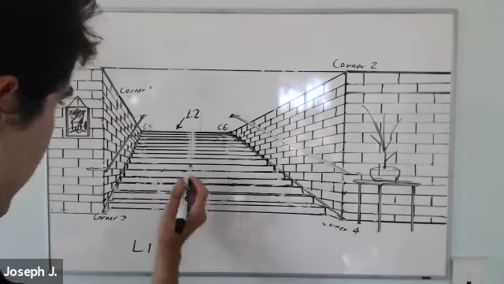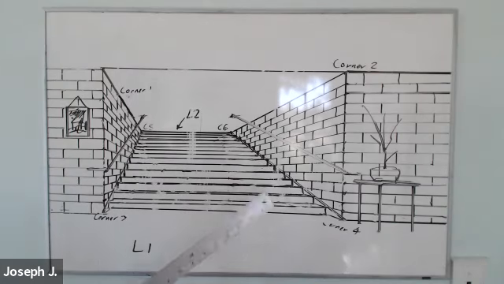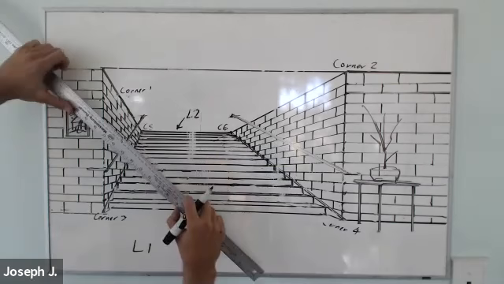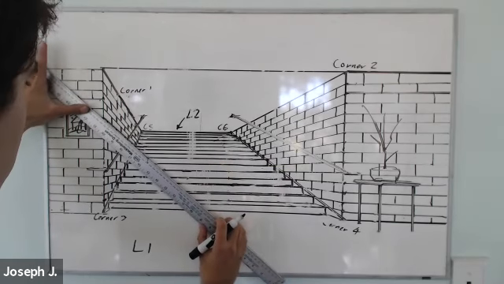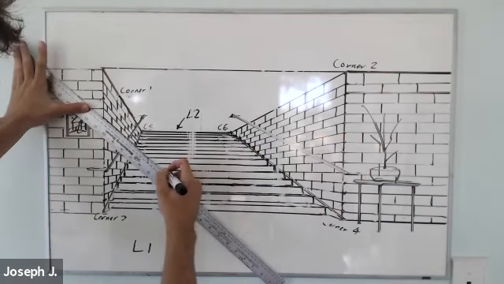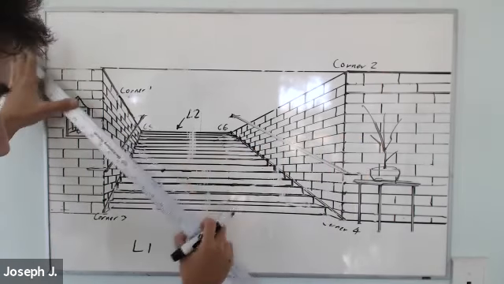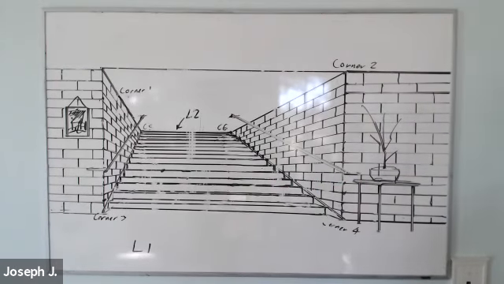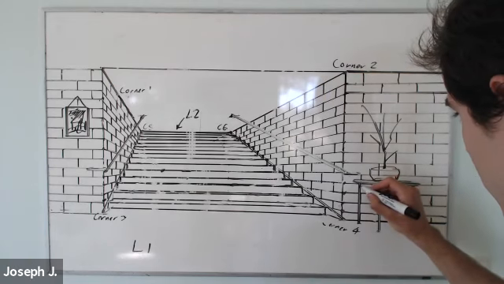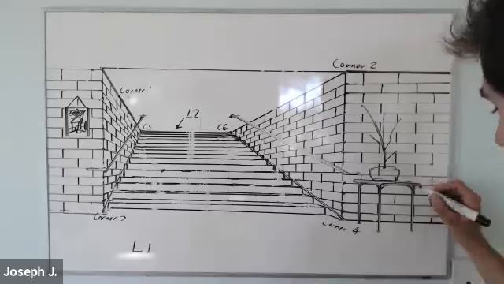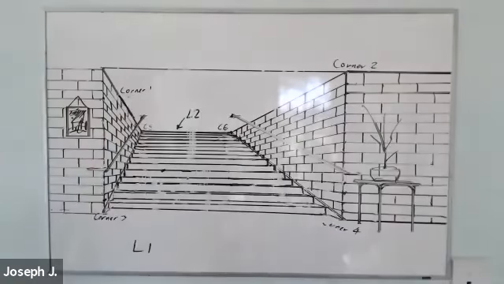And I've kind of lost my vanishing point. Remember, if you ever lose it, just kind of follow the flow of the lines in perspective. You can see that this line is going this way. These lines are kind of going, yeah, right there. Add a bit more detail to this. There's not much of a flow going on, but